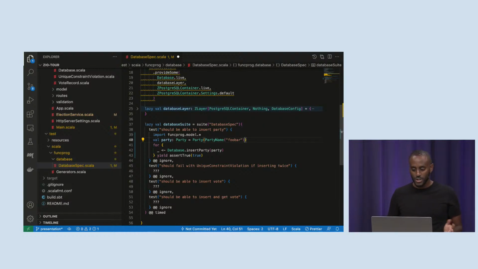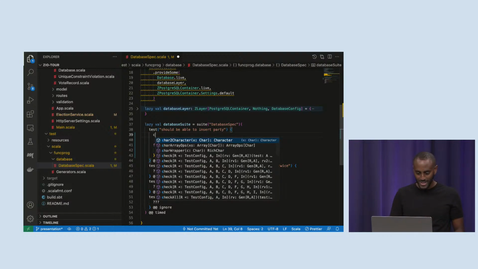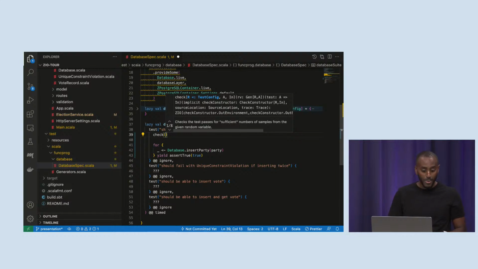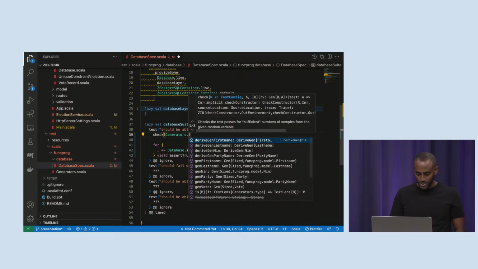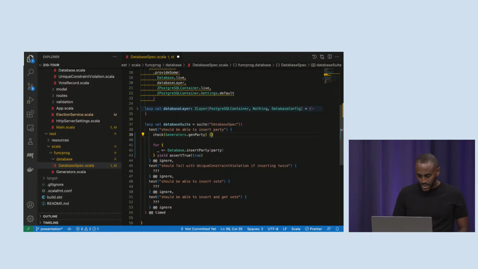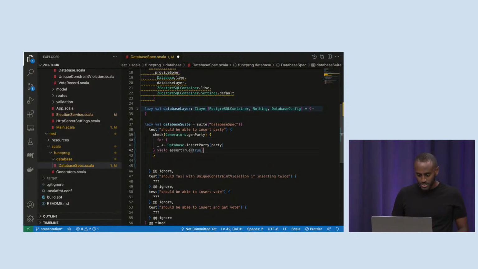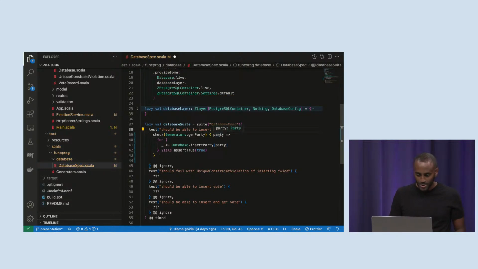In order to test those edge cases, we don't want to spend time creating 20 different instances of party and manually changing the characters. So what we can do is use property-based testing. I prepared this beforehand, so we can call the generators object that I have here. We can take a look at that later. So we can say gen party, and this check operator will expect us to provide a test given a party. So we will have a party here that has been generated by this generator, and we can use that to pass the party.